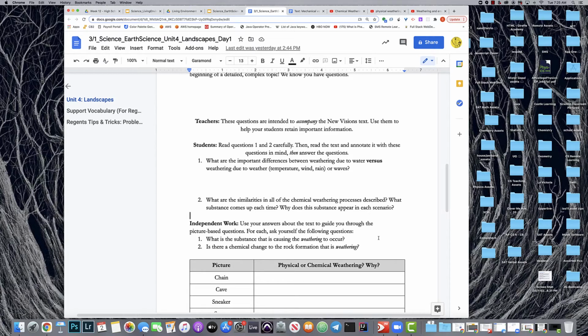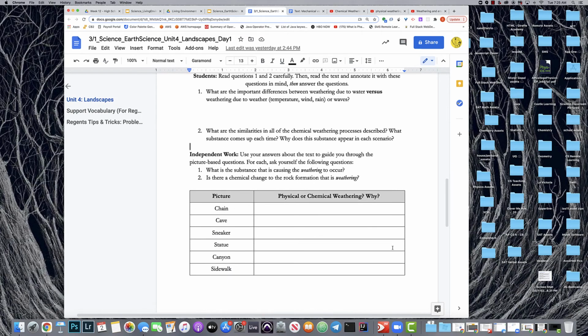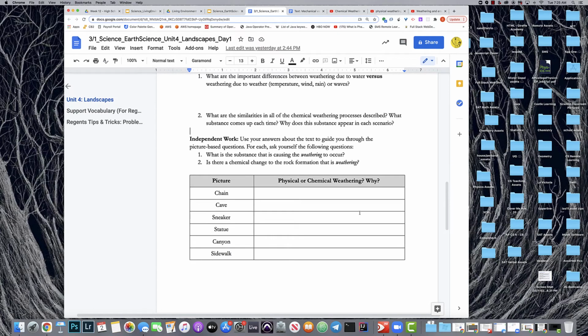As long as students recognize that, they are primed, if you will, for the independent work. And then I try to prime further by having them have these two questions in the backs of their heads while they are looking at the various pictures in the independent work section. So again, this independent work section asks them to analyze photographs and then decide whether they're seeing physical or chemical